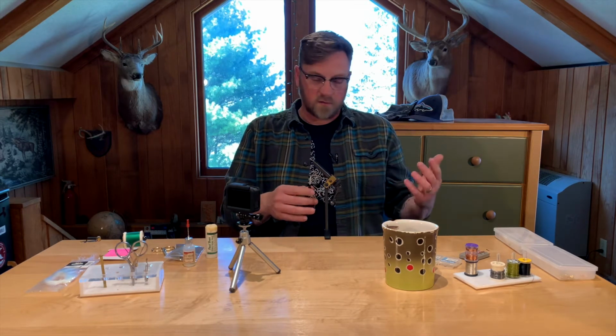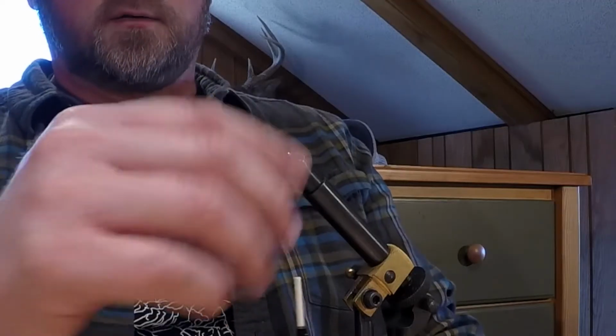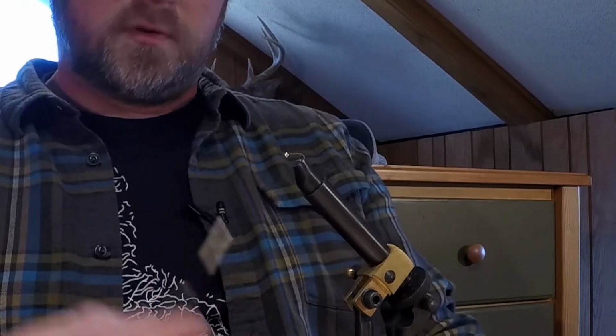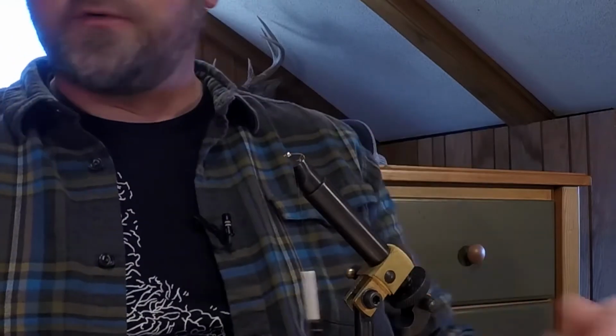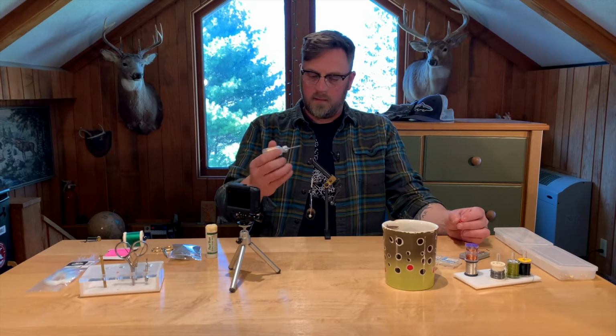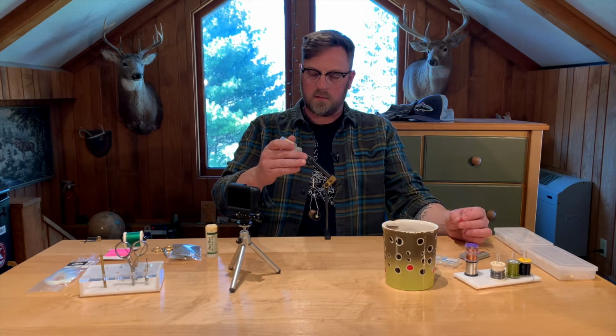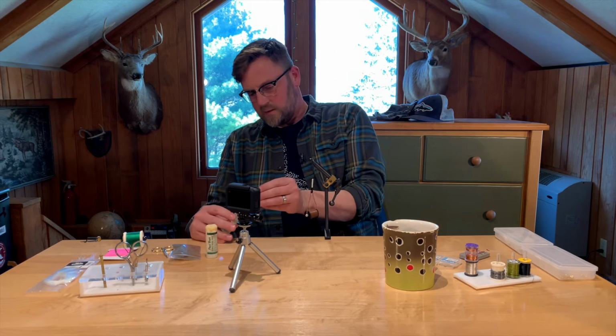So you're going to start with your hook. I've got a 16 here, a little brass bead head. I'm doing some camel thread, and we're just going to take that all the way back. You catch a few trout on any fly, and these things just kind of start to fall apart. So just going to put a little head cement there,